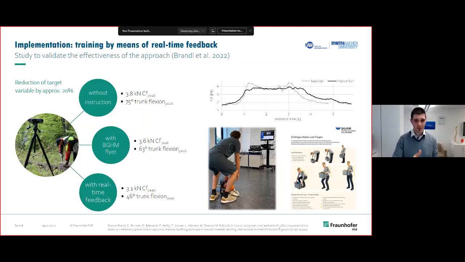So what we tested: a condition without any instruction, so people only lifted a chainsaw. We did an instruction by a standard flyer, which you can see on the right side of the slide. I think it's a standard flyer. And then we did a condition with real-time feedback. And as you can see, the differences in the peak compression forces range from 3.8 to 3.1. Of course, it's a mean value of the group which we tested, and the flyer condition